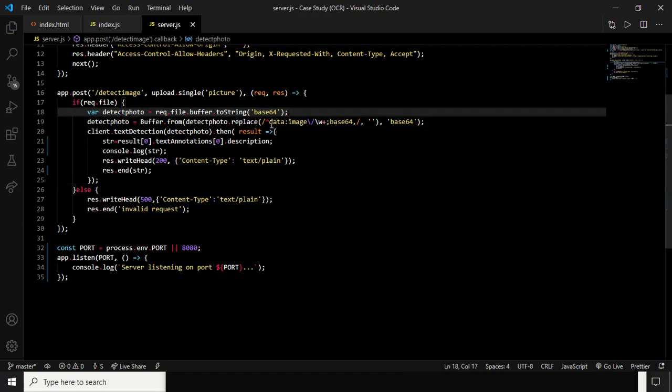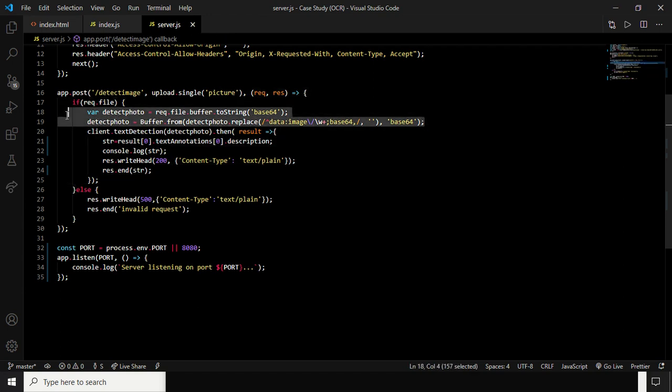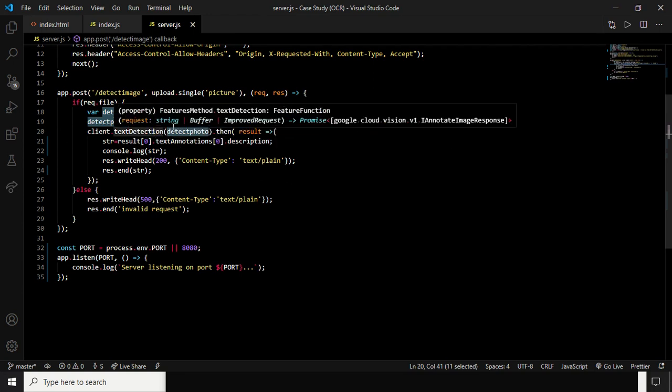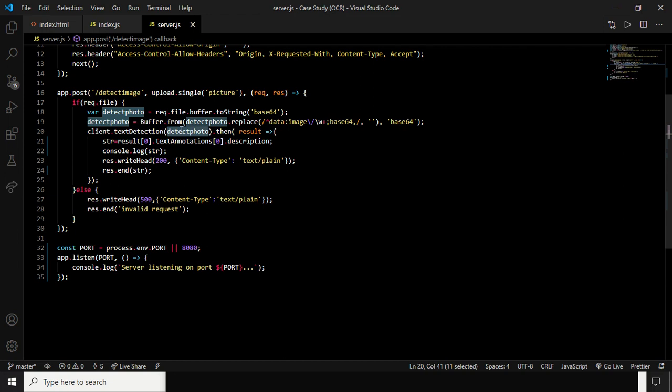After the file is found, I am converting it into base64 format, and I am sending it to the client.textDetection. This is the function used to detect text in images, and since it's an asynchronous function, after the text is found, I am passing it to the result. Since the response is in JSON format, I am choosing the required part of the entire JSON, and I am passing it back to the front end.